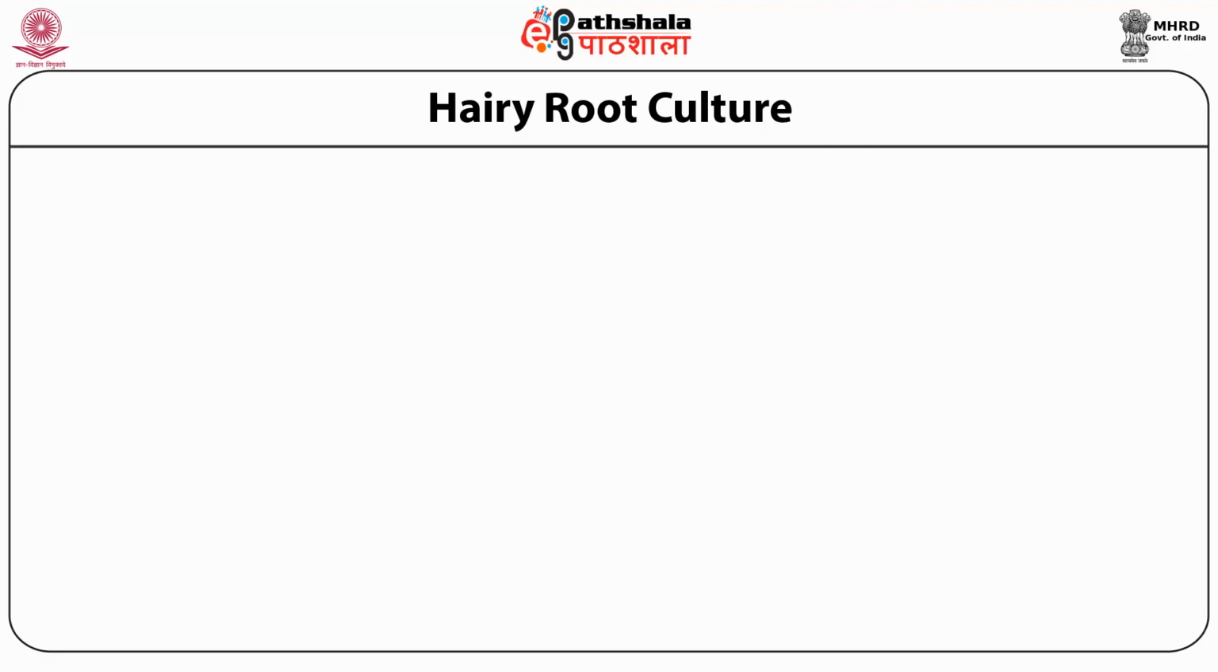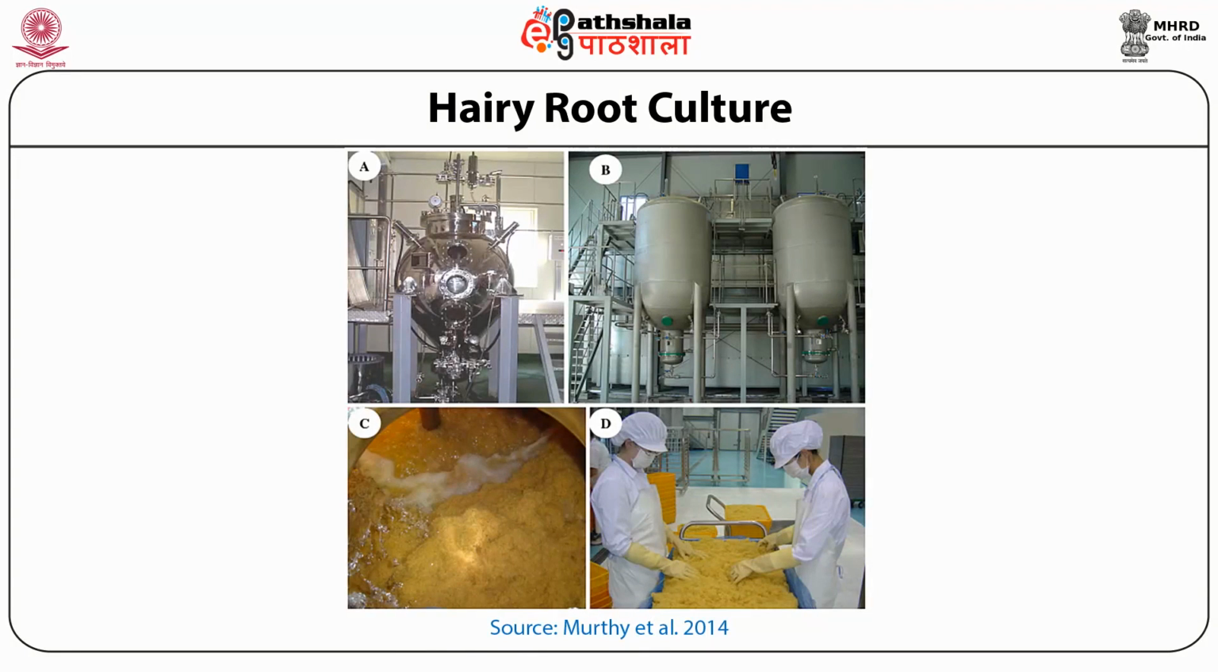secondary metabolites. As you can see in this picture, there is a production of hairy roots of ginseng. You can see the big reactors. First, the biomass is produced extensively. The roots are allowed to grow. The conditions are given such that there is high biomass